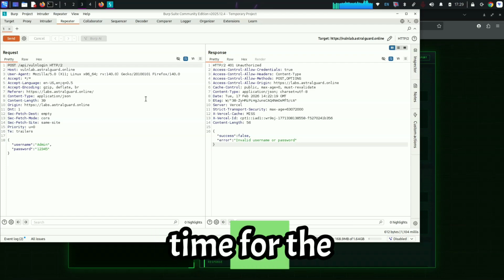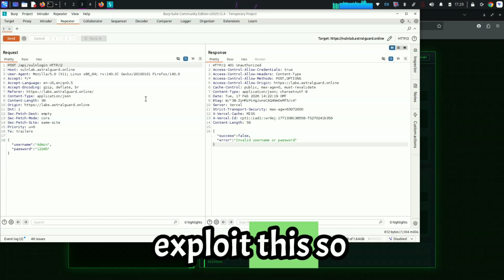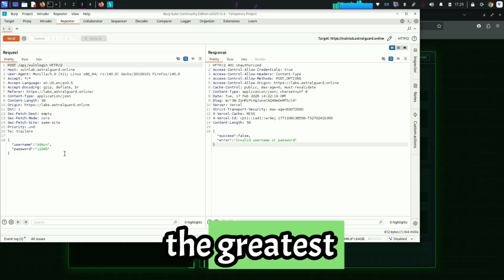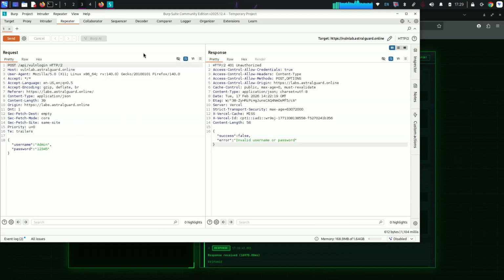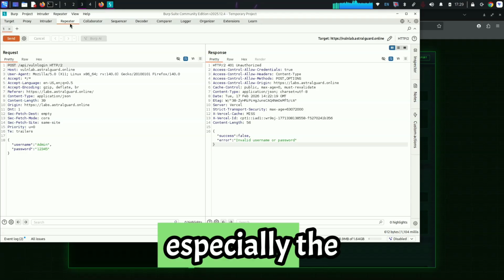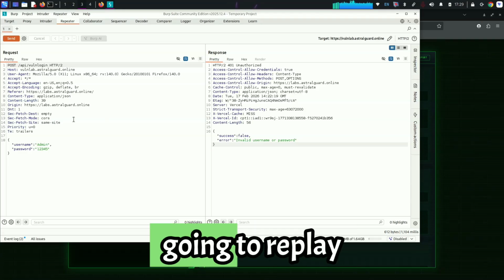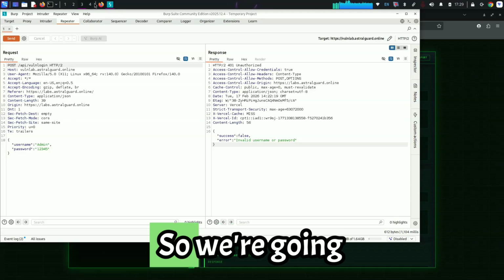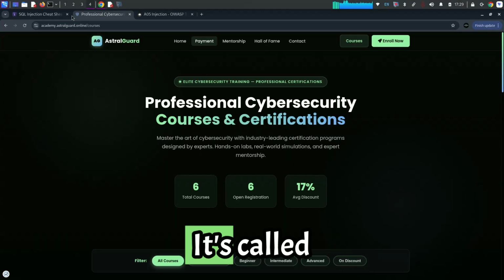Then it's time for the mission to exploit this. This is one of the greatest importances of Burp, and especially the Repeater, because we are going to replay this without going back to the browser. So we're going to head over to this website. It's called